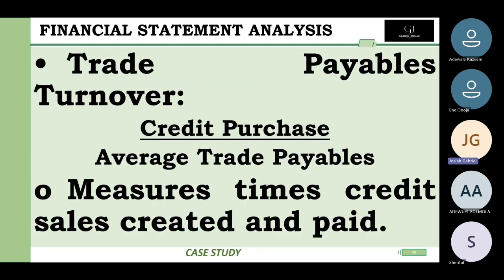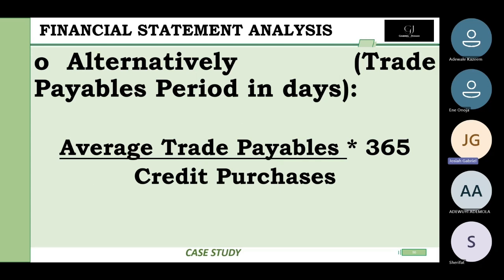Then we have also the trade payables turnover period, speaking to credit purchase or cost of goods sold divided by the average trade payables for the period. And this measures credit purchases created and paid. So alternatively, you have the trade payables period in days, and you have the trade payables divided by either credit purchases or cost of sales, and you express it to have how many days it takes to pay off your trade payables and how quickly it is. Okay, so that's it for